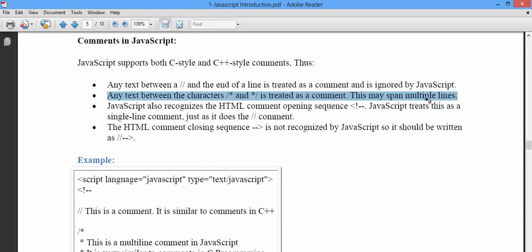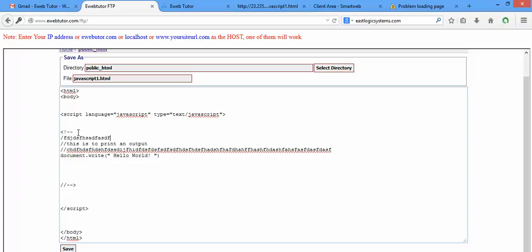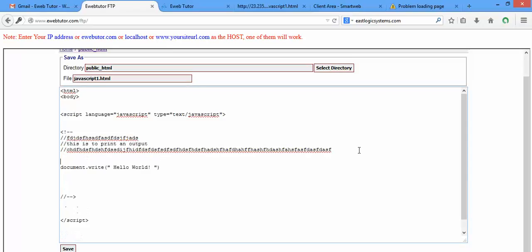Then we have the multi-line comments. How does multi-line comment work? Look at this now. Let's say I want to have another comment here, I have to use this double slash. Let's now say I want to have a comment that occupies like 10 or 20 lines. Will I have to be using double slash every time? It's a waste of time. Because you may want to comment some text that is like, let me say, 120 lines. So will you try to be using double slash every time? It's a waste of time. So that is why we use